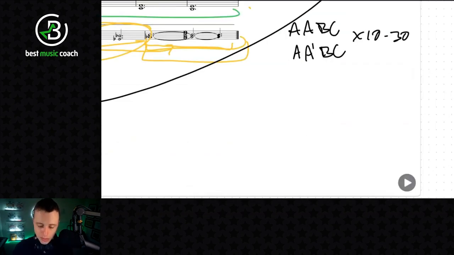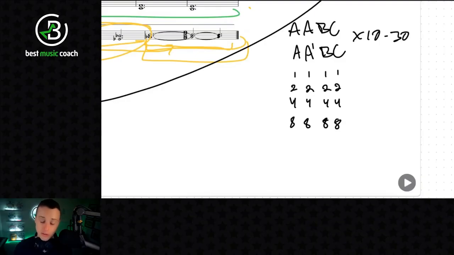Now, how long should they be? Well, you can do one measure, one measure, one measure, one measure. You can do two measures, two measures, two measures, two measures. You can do 4, 4, 4, 4, and you can do 8, 8, 8, 8. That'll keep things symmetrical. Do symmetrical for now,